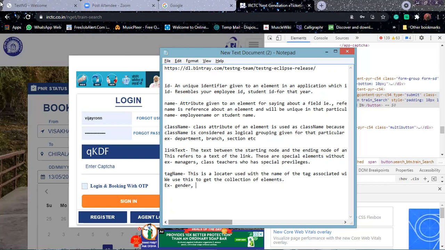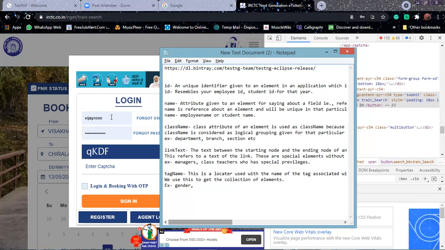In the same way, in the application, you may be using tag name to interact with similar elements, like all the text boxes. If you see the login screen, you have two text boxes, one for the username and one for the password. So if I get them as a collection, the first one will have the username and the second one will have the password.